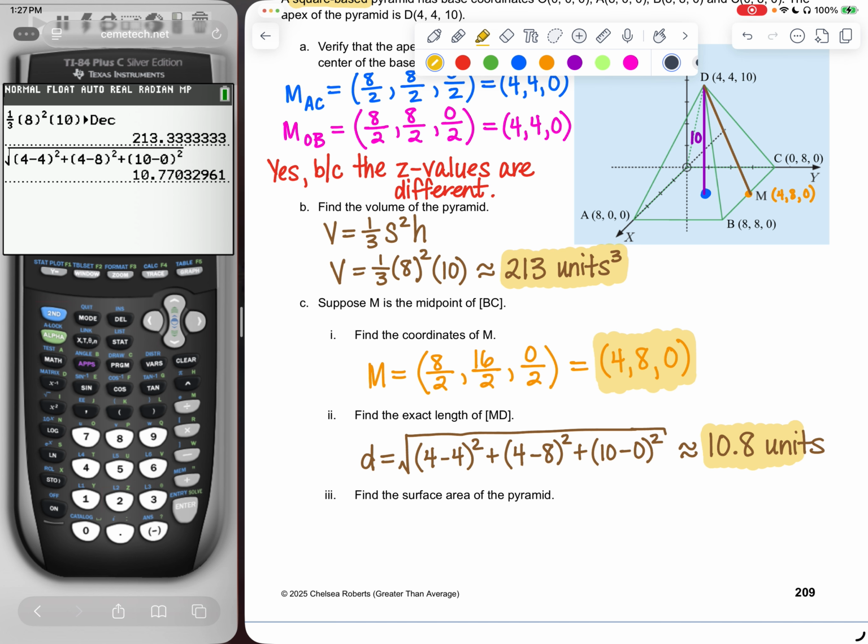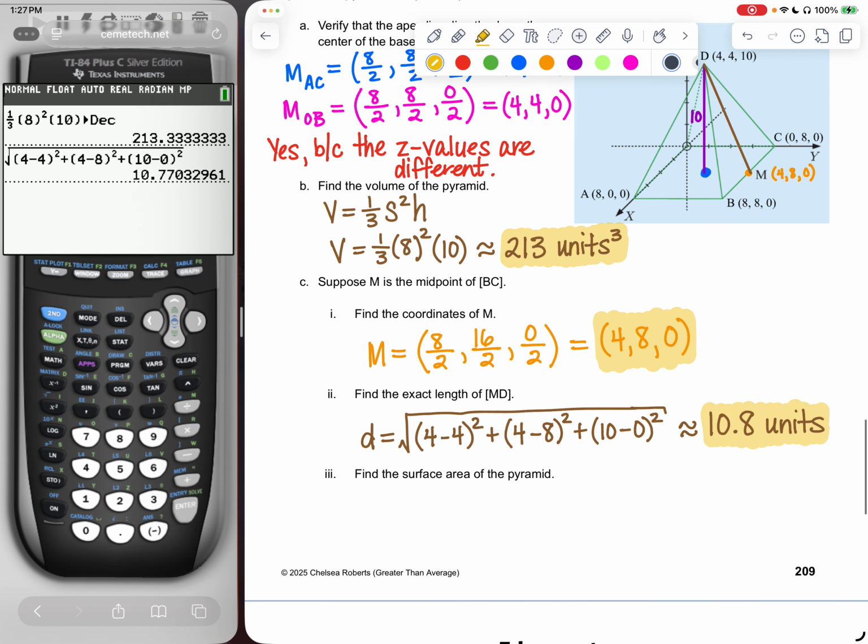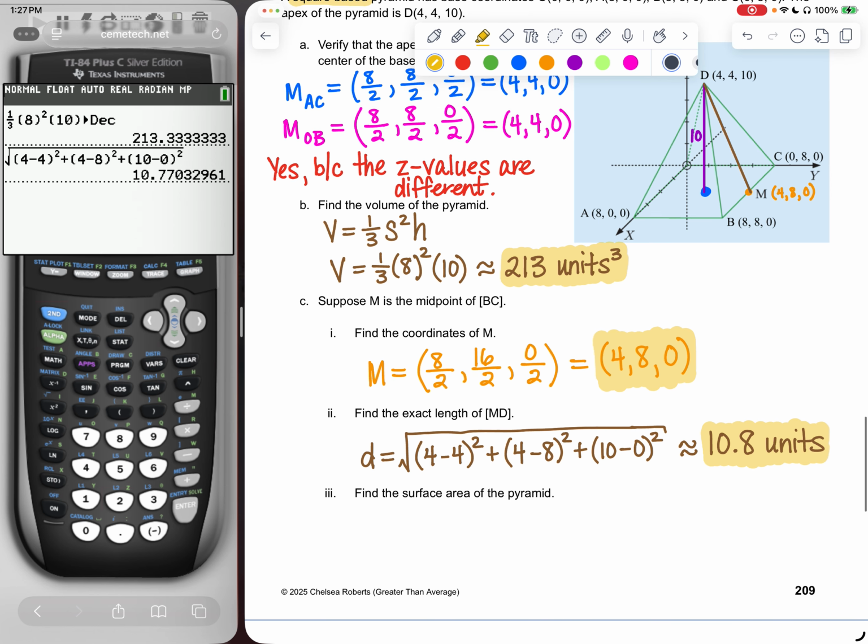So now that I have this 10.8 units, I can then go down and find the surface area. Remember, your surface area is nothing but the area of all of your surfaces. So you have this square pyramid, so you have 5 surfaces. Here, you have a square. You also have the triangles that are going around it. So we already know the area of the square